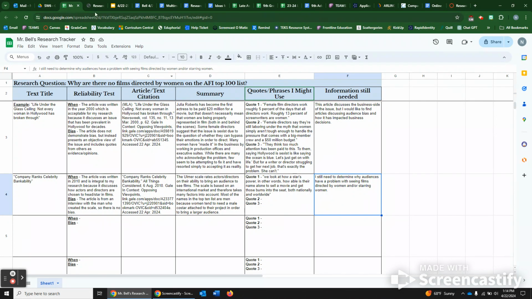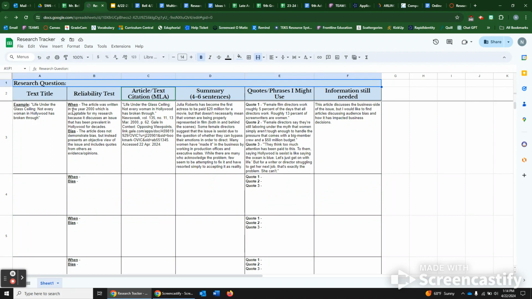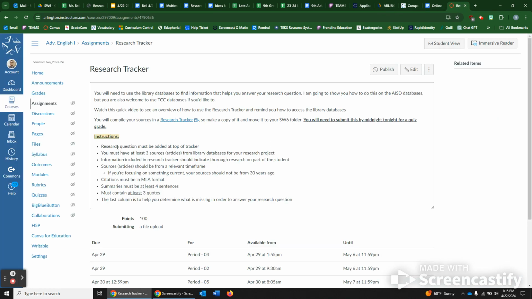So again, you are going to be filling this one out. You have the example. You need at least 3 more sources. You're welcome to have more than that, but make sure you're following the instructions inside this document as well as the instructions that are inside the assignment in Canvas. This is due by midnight tonight. Keep in mind, it is a